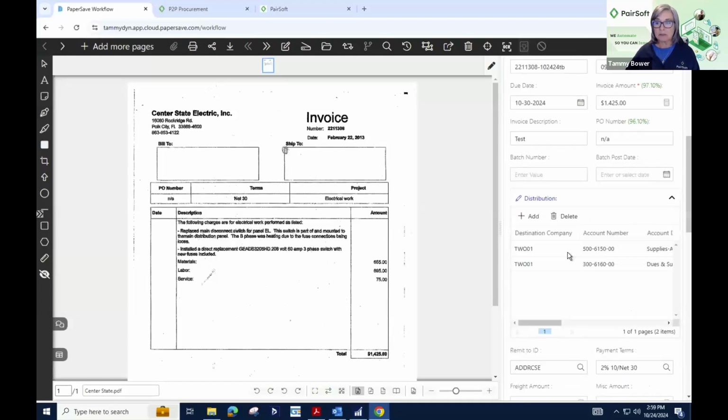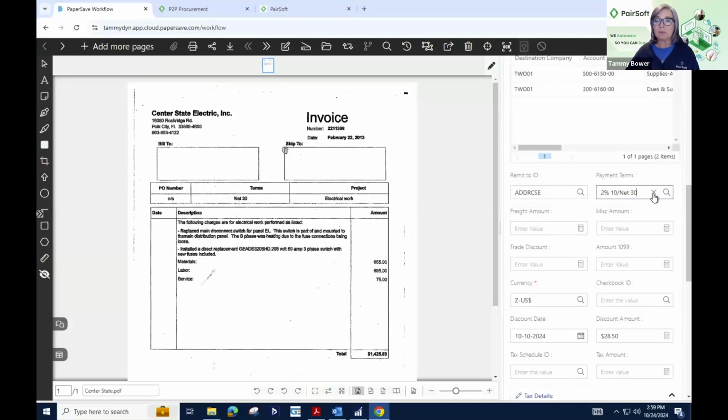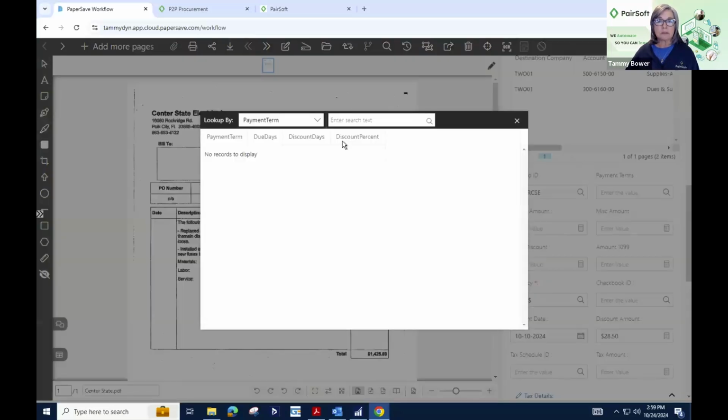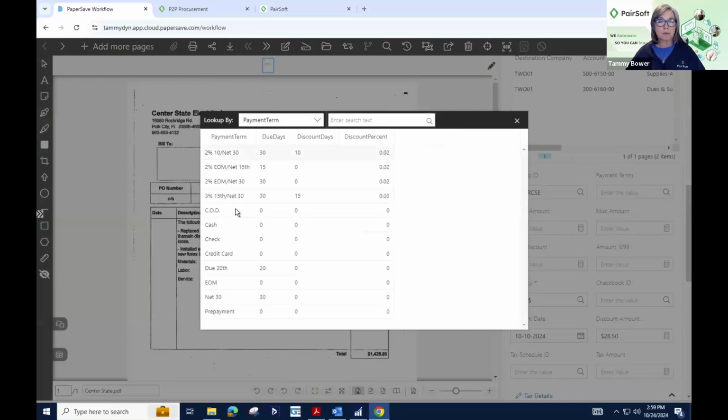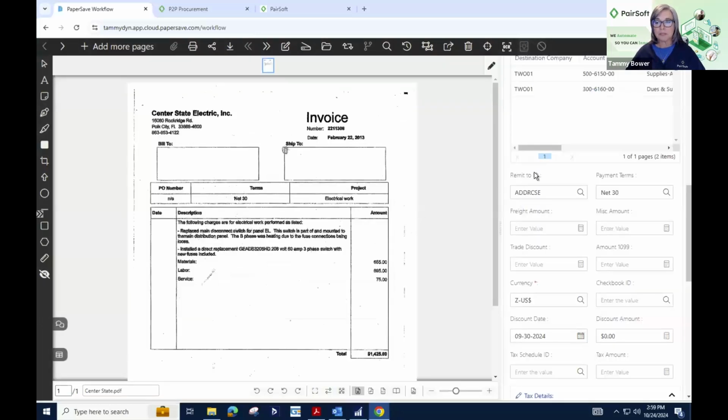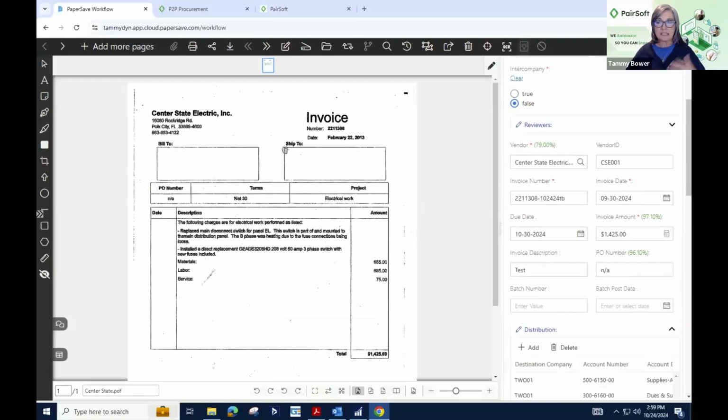So there's options there. Let me see, we're going to change this to net 30. There we go. So it was taking a discount because actually this vendor was set up